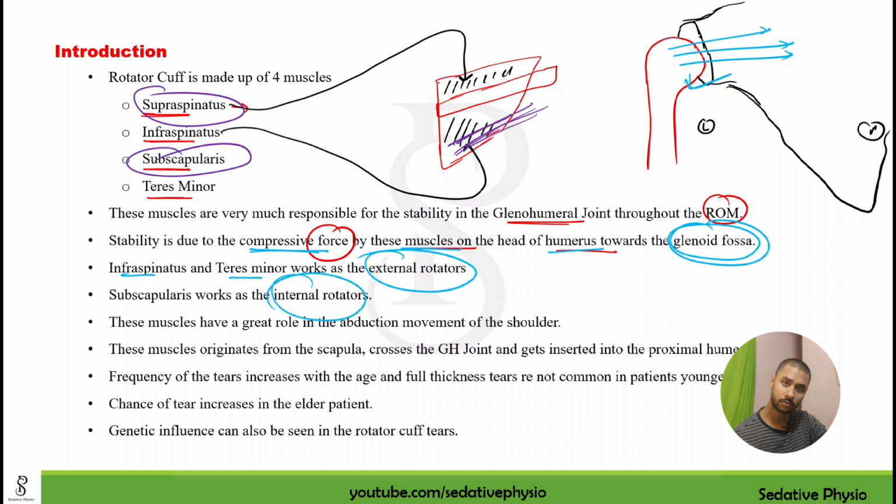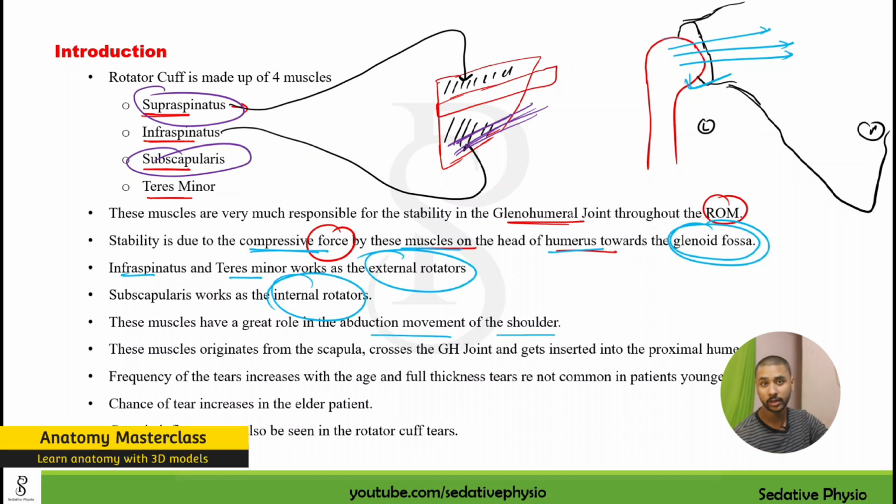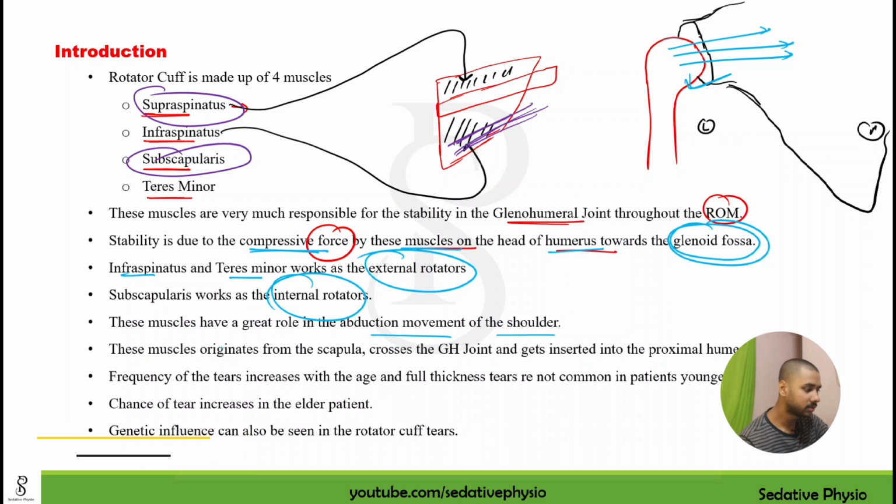On the subscapular fossa, or on the costal surface, or on the anterior surface of the scapula. So this muscle is responsible for the internal rotation. Like if you're doing the internal type of rotation, this muscle is responsible. Now, these muscles have a great role in the abduction movement of the shoulder. I have just explained how these muscles are responsible for the abduction movement. So these muscles have a great importance in the abduction or any elevated type of movement in the shoulder